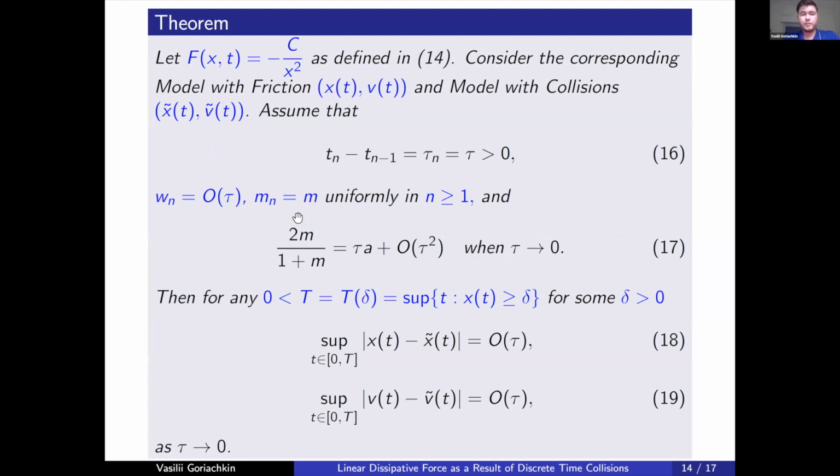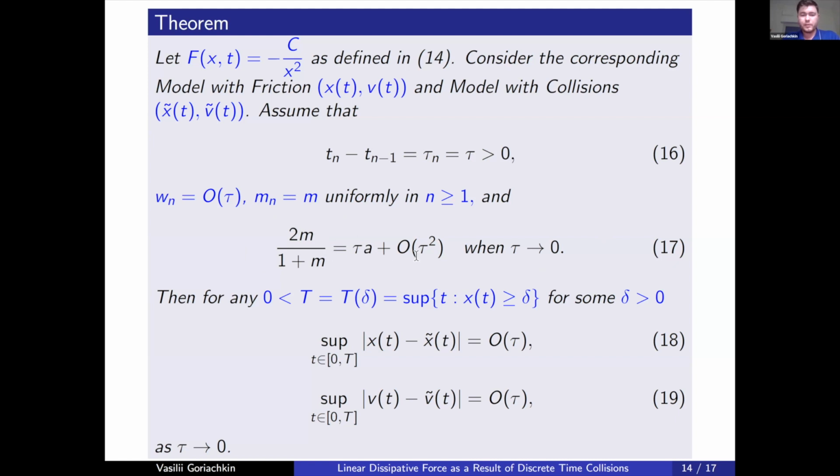Again we take the same masses, and we need the velocities of the other particles to be no more than of order tau, because we want the trajectories to be close to each other. And if we have the following equation 17, which has the same form as before, the dependence of tau on A and M,